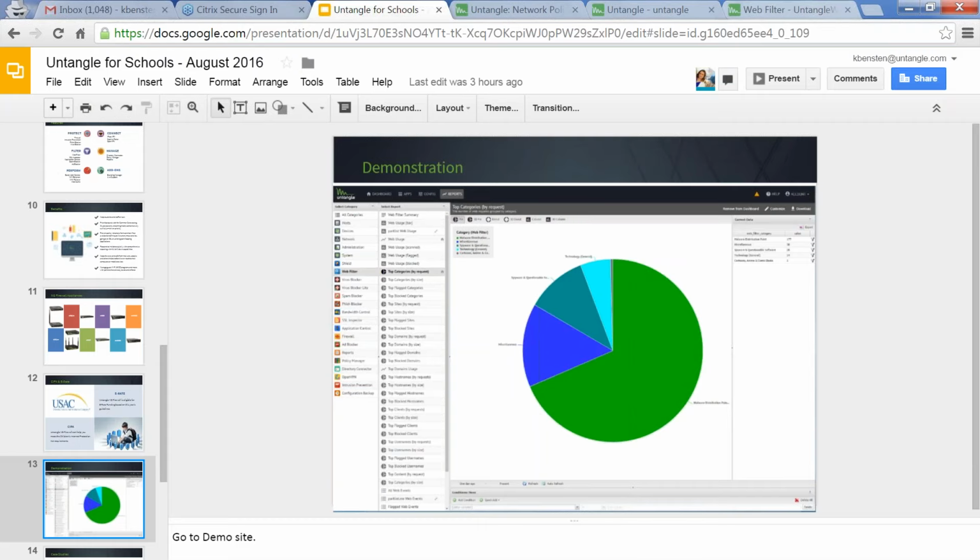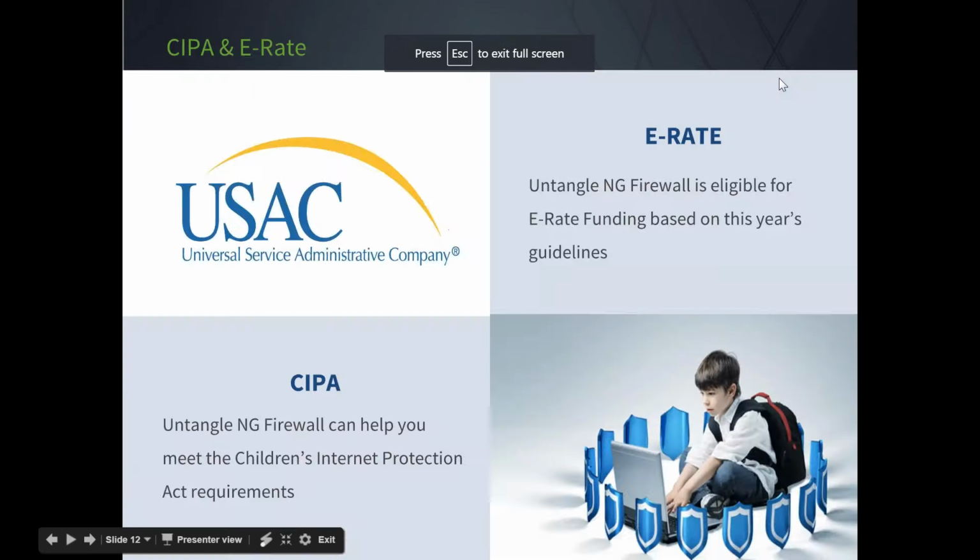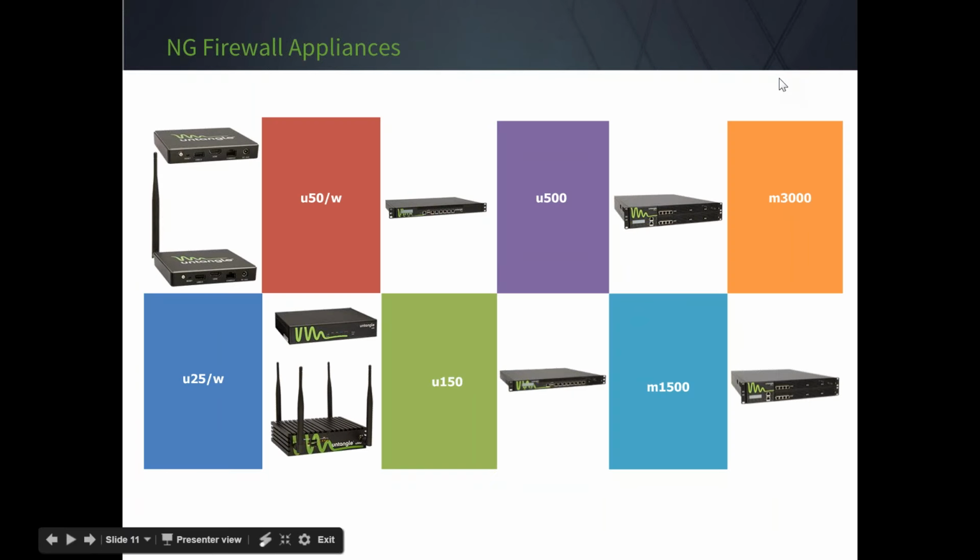Oh, I wanted to go back. I forgot to talk about the appliances. As I mentioned before, you can implement Untangle in a bridge or the router firewall mode, but how do you get Untangle? It's a software download, and what are you going to run it on? We built our business as a software download that you can repurpose hardware, whether it be an existing piece of hardware that you have, or if you want to source your own hardware, and we found that to be great.